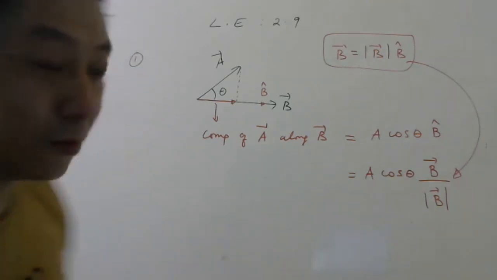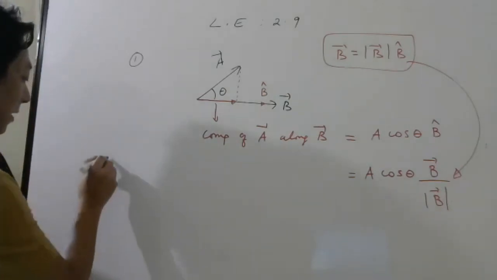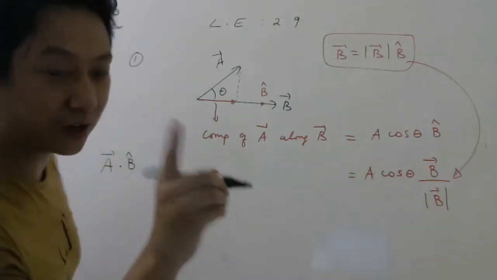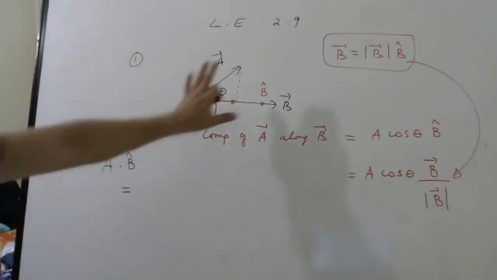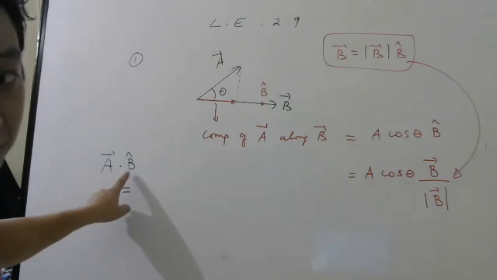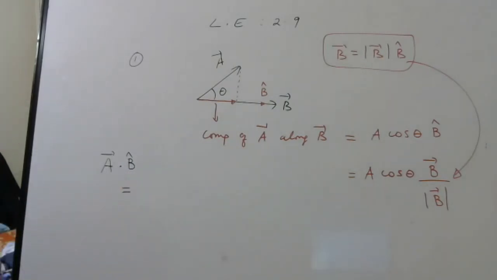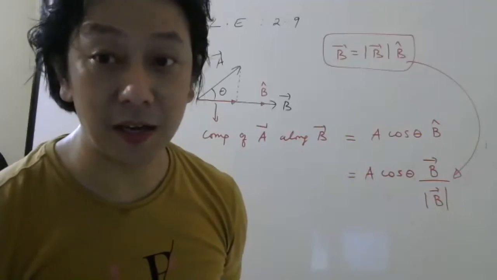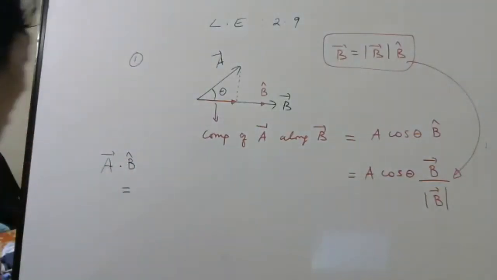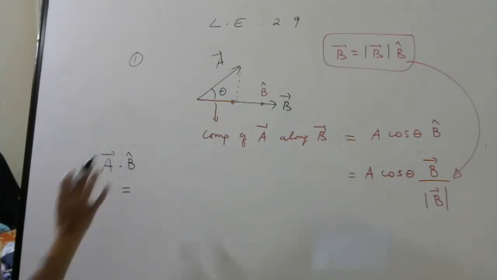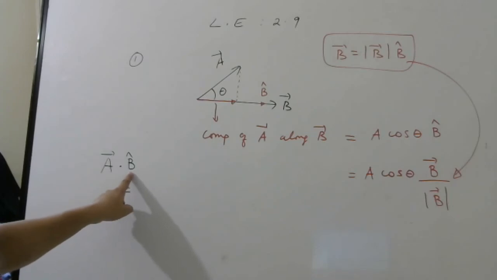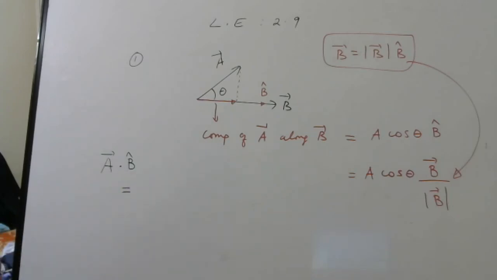By the way, anybody, will you try to answer this? Tell me A bar dot B cap, dot product. Try this one in this diagram. This is not B bar, this is B cap. What was the formula for A bar dot B bar? Magnitude of A bar, magnitude of B bar, cos theta, angle between them. So apply that formula for A bar dot B cap. This is B cap. Magnitude of B cap is not B, no?